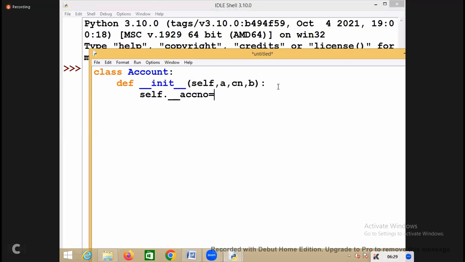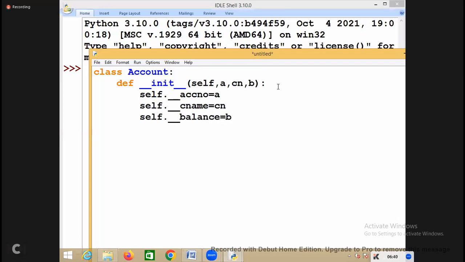So here I make the account number private. I make the customer name private, and then balance equal to B. So whenever I create a customer, the customer is created with how many variables? 3 variables. These are called instance variables or object level variables. Inside the class, instance variables are always bound with what? Self. So whenever I open an account,